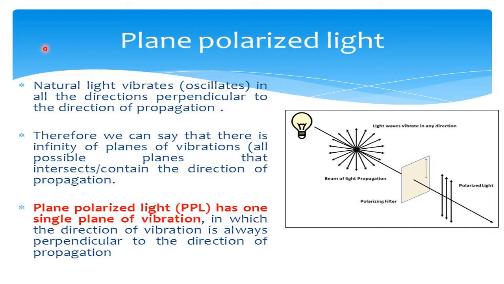Now why do we use this knowledge in understanding optical activity? When light moves in all planes, in all directions, and that light is allowed to pass through certain devices, for example a Nicol prism, a polarizer or a Polaroid, we have seen that the plane of light is polarized. Here what is meant by polarized? In normal language, we can say change.